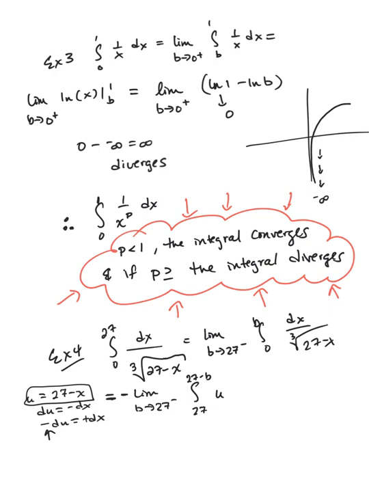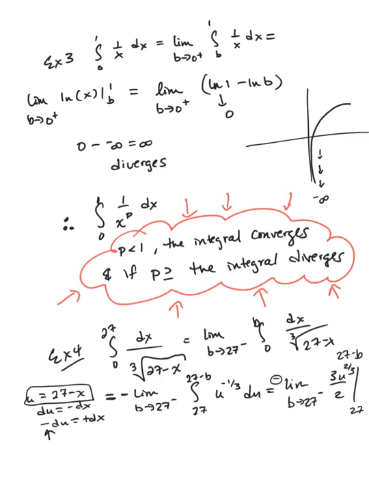Anyway, so this is u to the negative 1/3 du. You don't have to go back to the x. So I have negative times the limit, as b approaches 27 from the left, negative 3 u to the 2/3 over 2, and then we have our bounds of integration, 27 minus b. Okay, my apologies, I just realized that I put 2 negatives in this problem. Let me just erase that. All right, so